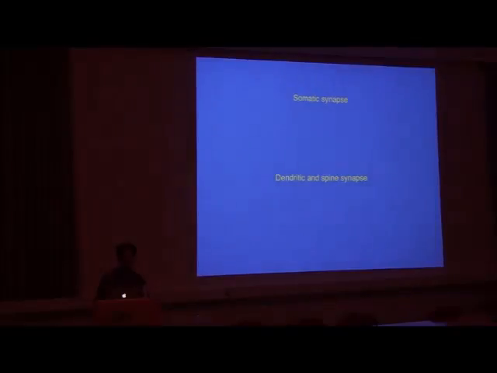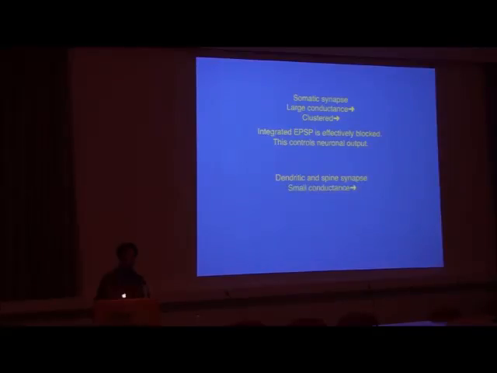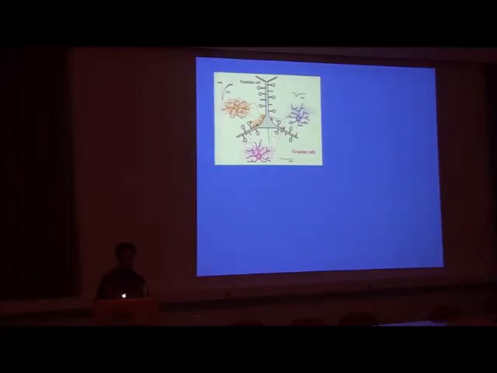So this is my conclusion. Somatic synapse is large conductance and clustered, and then the integrated EPSP is effectively blocked. This controls neural output. And dendritic and spine synapse is small conductance, and not clustered, with a dispersed distribution, and the EPSP on the dendritic branch must be weakened, and consequently, the integrated EPSP should be weakened. And then,